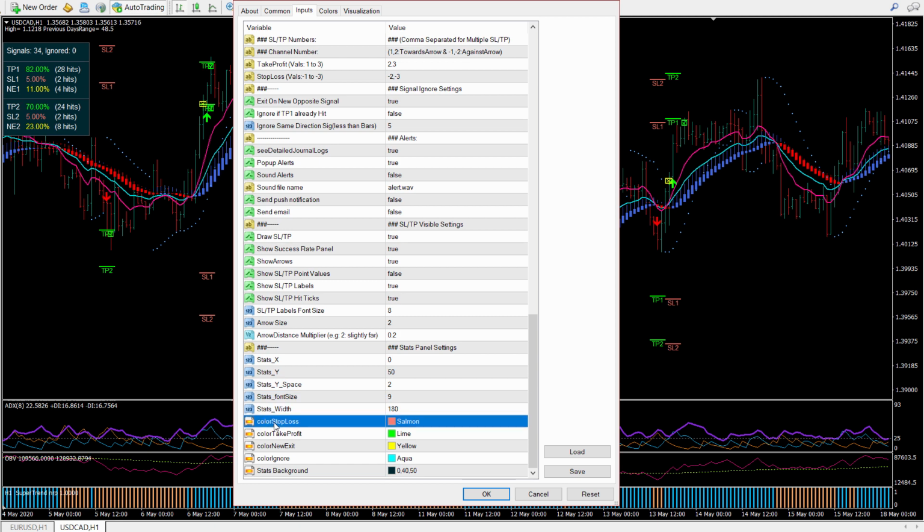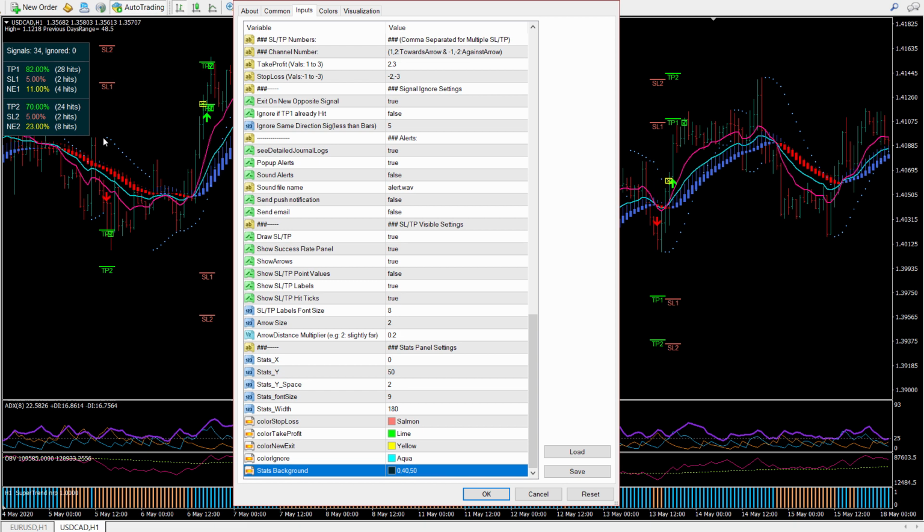And finally all of these are colors like stop loss, take profit lines, and the new signal exit, this yellow cross. The blue cross when we get ignore. Suppose if you are using a lighter theme like a white background, in that case you might want these colors to be darker. And finally the stats background color.